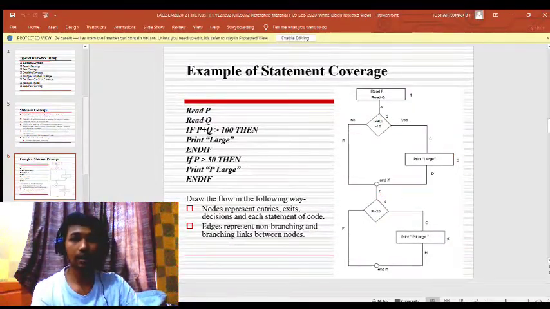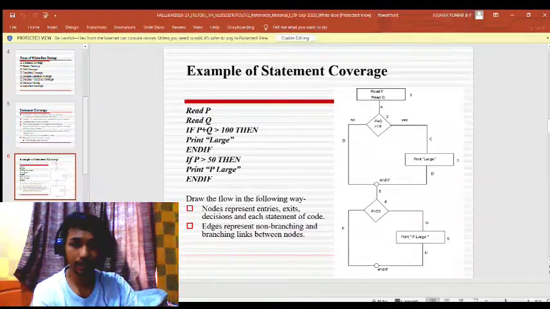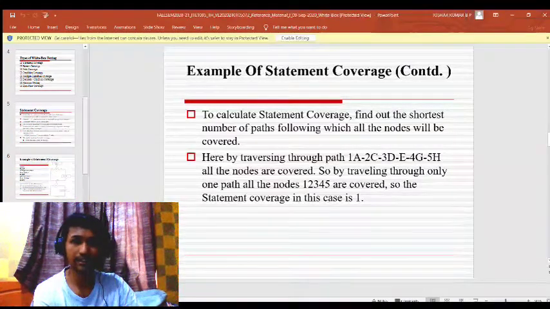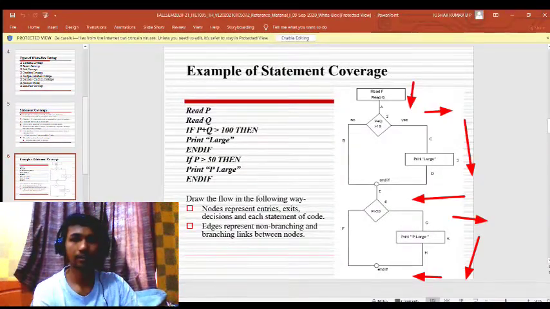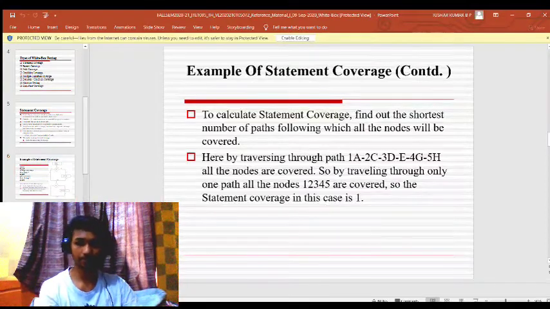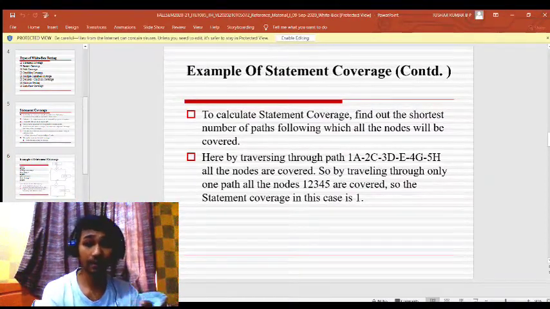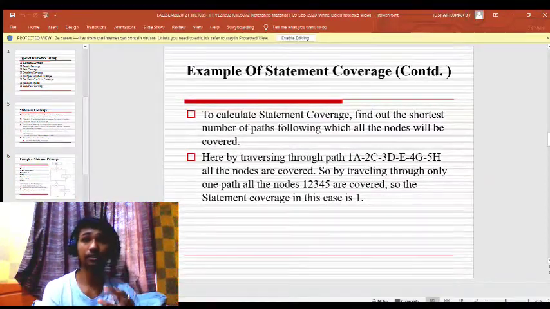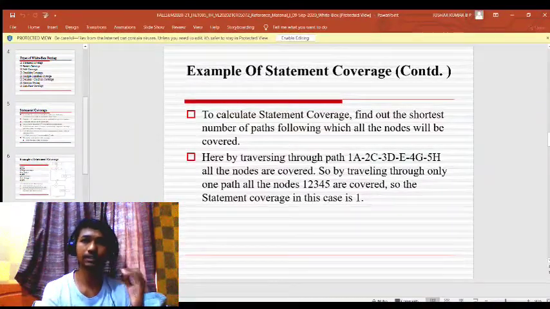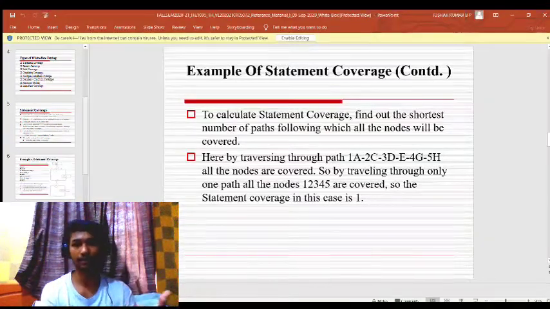The path shown here is 1A, 2C, 3D, E, 4G and 5H. So by traveling through only this one path that covers all the nodes 1, 2, 3, 4 and 5, we can say that the statement coverage is 1.